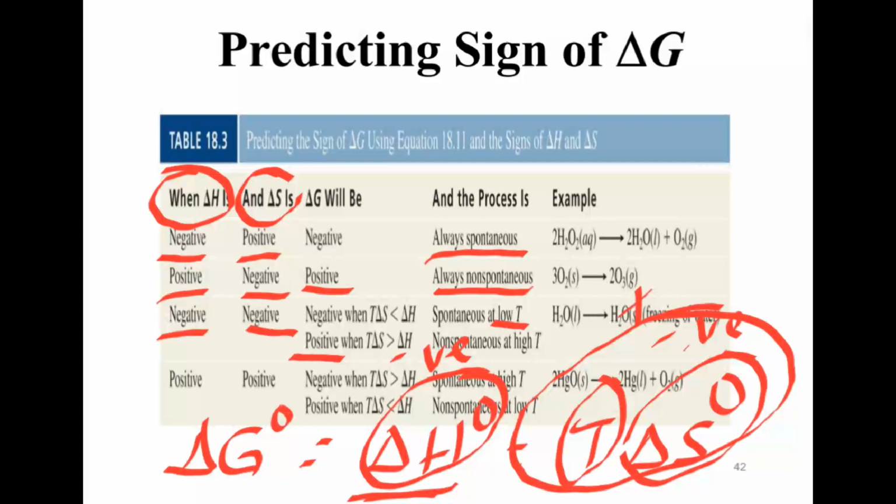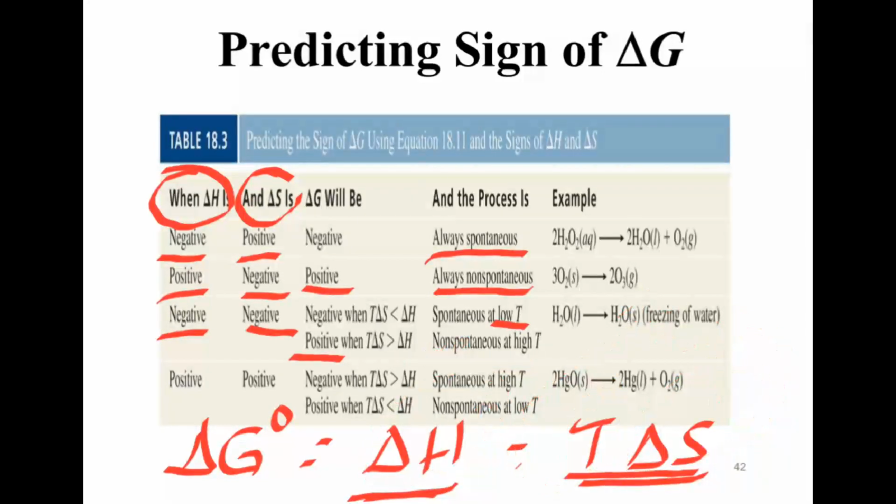ፖዚቲቭ የሚሆነው ደግሞ ይሄ ቁጥር ትልቅ ሲሆን ማለትም ቴምፕሬቸሩ ሃይ ሲሆን ምክንያቱም ይሄ ፖዚቲቭ ስለሆነ ማለት ነው። ስለዚህ ቲ ታይምስ ዴልታ ኤስ ከቼንጅ ኢን ኤች ከበለጠ ሪአክሽኑ ወይም ፕሮሰሱ ነን ስፖንታኒየስ ይሆናል ማለት ነው at high temperature። ጊብስ ፍሪ ኤነርጂም ፖዚቲቭ ይሆናል ማለት ነው። When change in enthalpy is positive and change in entropy is also positive,